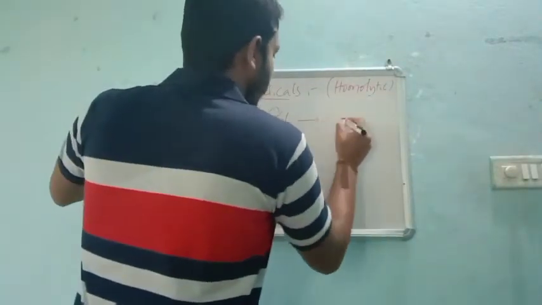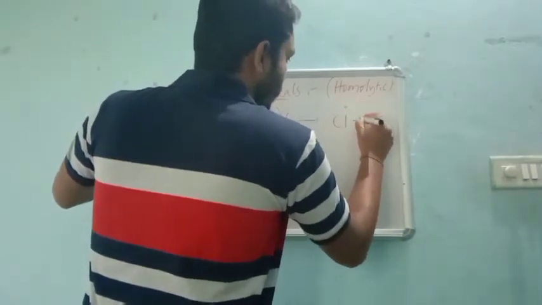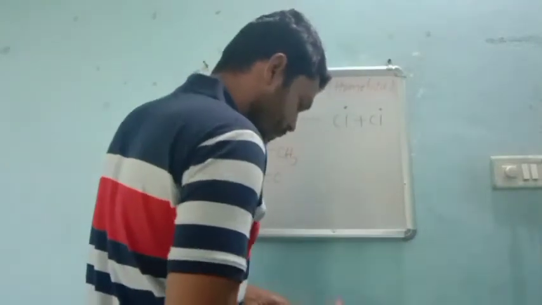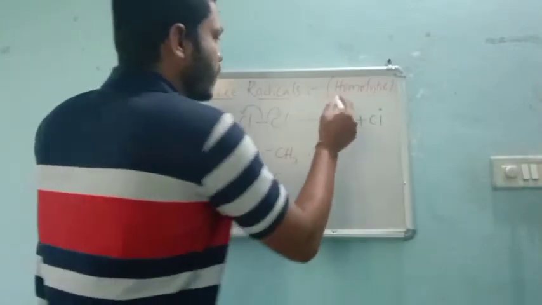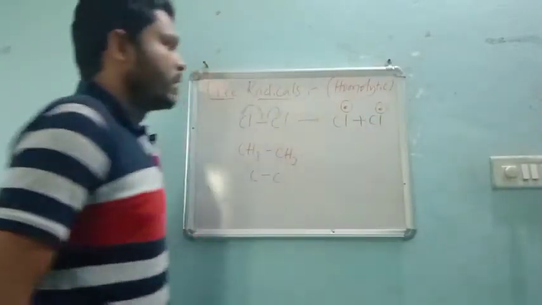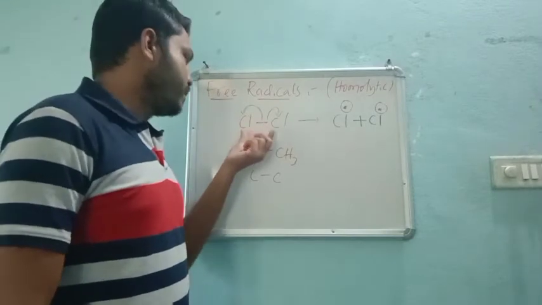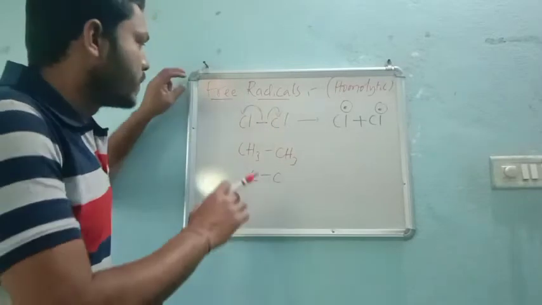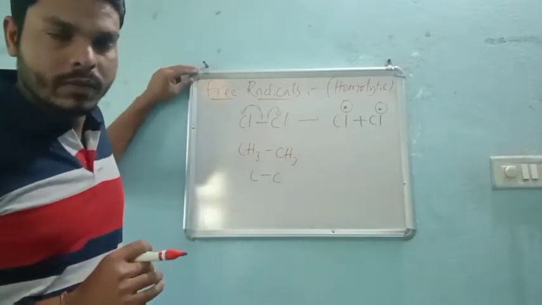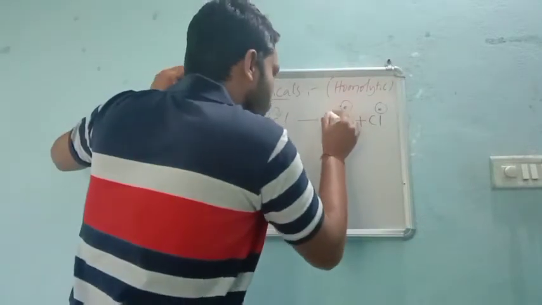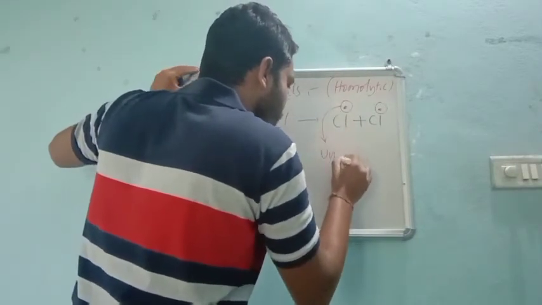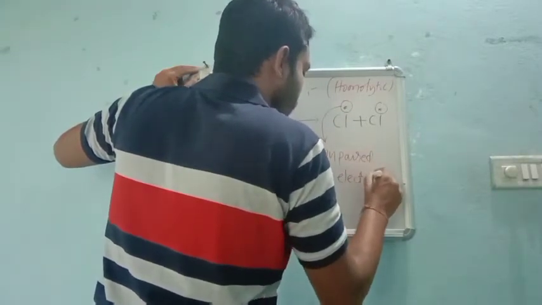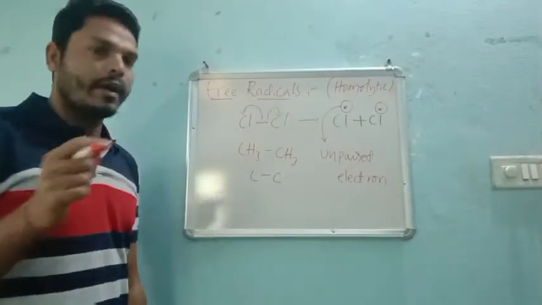Chlorine. So it results in a compound like this. This part is very important. Now, because of the same electronegative character, each atom is taking one electron. So these electrons, we can call them unpaired electrons. Very important. Unpaired electrons. There is a big difference between paired and unpaired electrons.